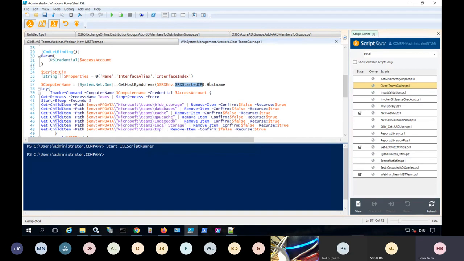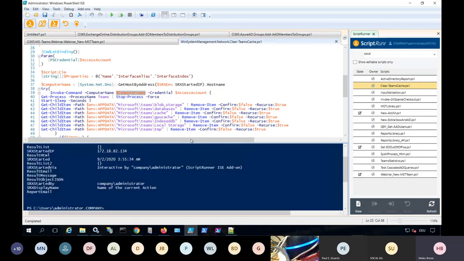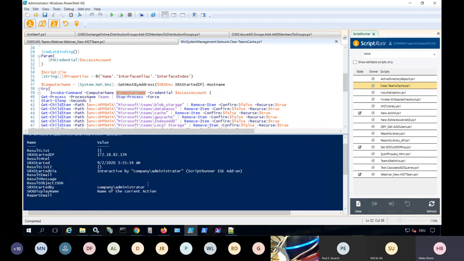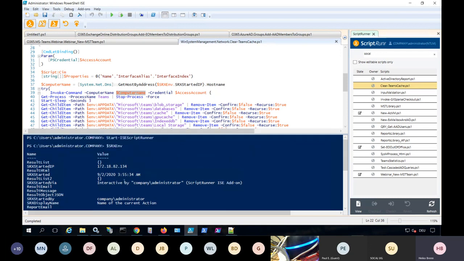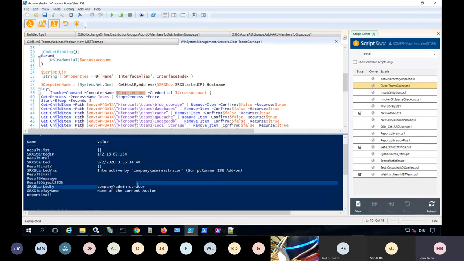And so obviously we're using that to find out the host name, and then that's what we're using when we start the invoke command. And just to show you that, there are a number of additional information that you can use. So in this case, what I just showed you was the started IP information, but it could also be the user, and this information, like the name or the IP address, could also control how the script